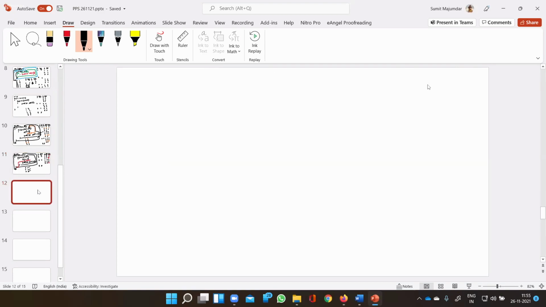Now, let me give you a practical example of a break statement. Suppose I have a variable I and a variable n. The n value will be taken from the user.